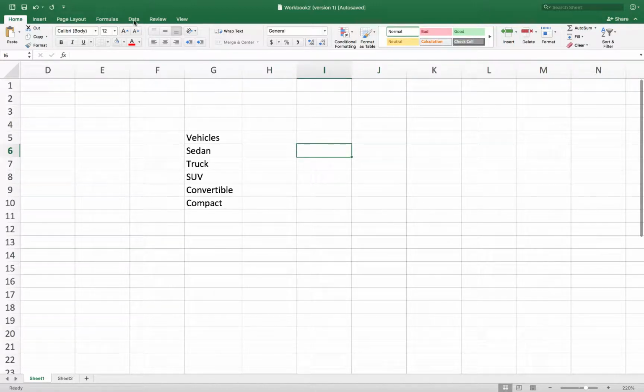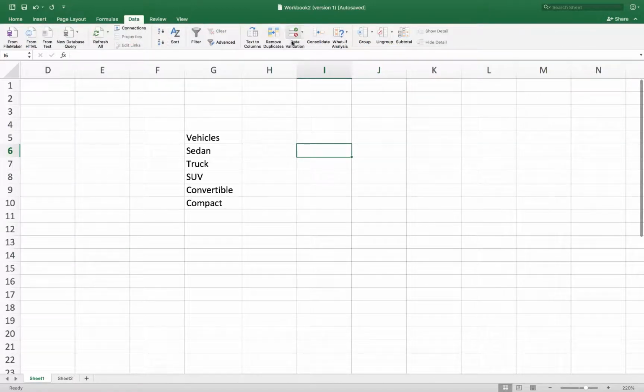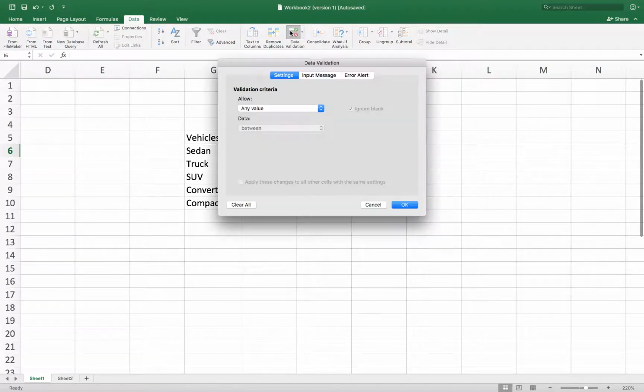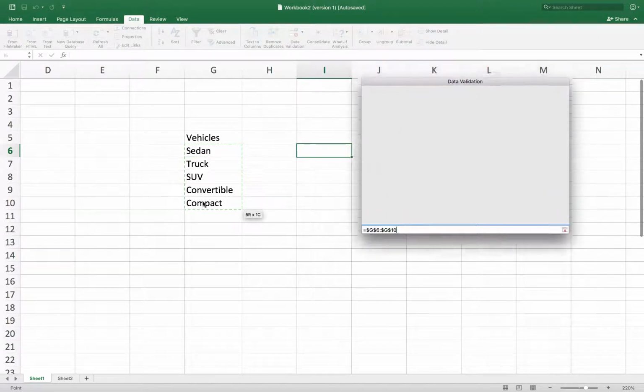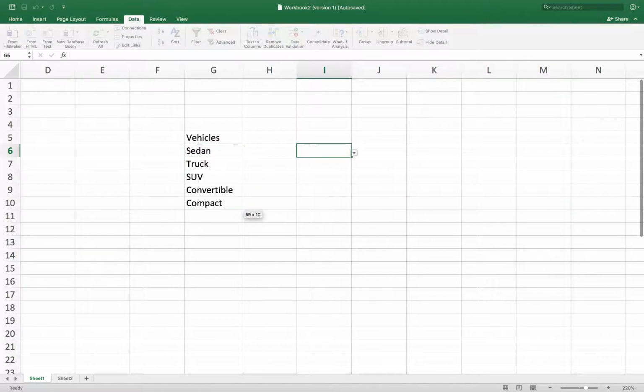Then we'll come up to the Data tab and click on Data Validation, and we're going to switch this option here to List. Next it's going to ask us for our source, and that is going to be our different items that we want to have listed. So we'll highlight those cells and push enter. You can see now we got a little drop-down arrow, and we have our different vehicle types to choose from, convertible,